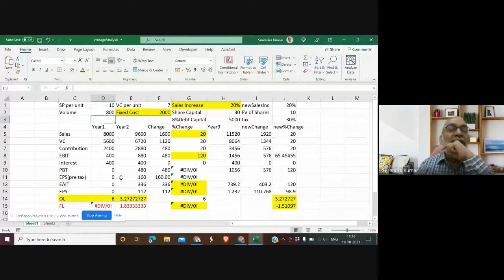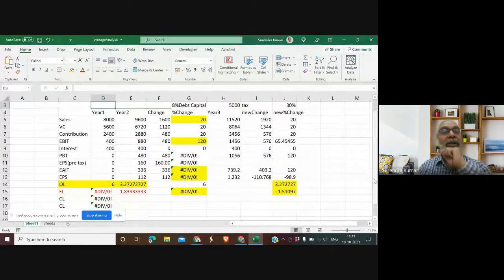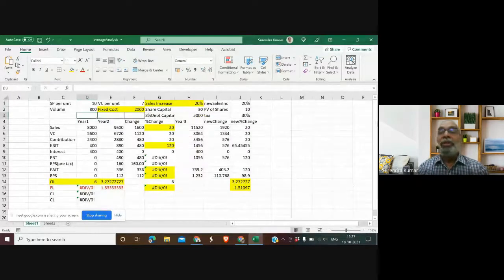First year information as 800 as volume. Now with 800 as volume, my operating leverage is very high. It has now become 6. If my first year volume, let me slightly reduce the, yes, I think now you can see the entire screen.